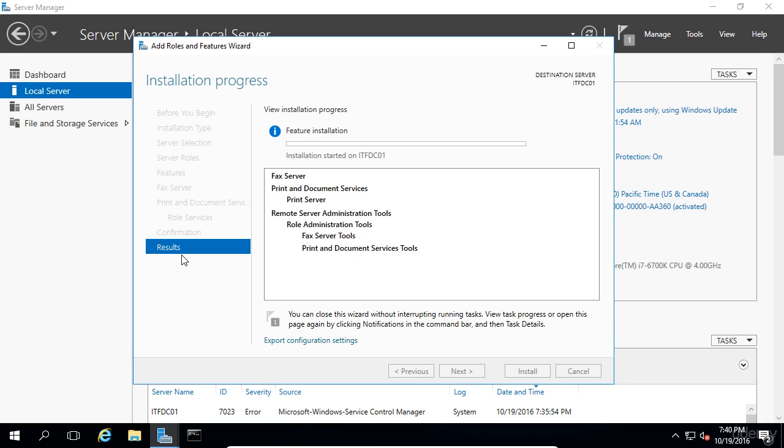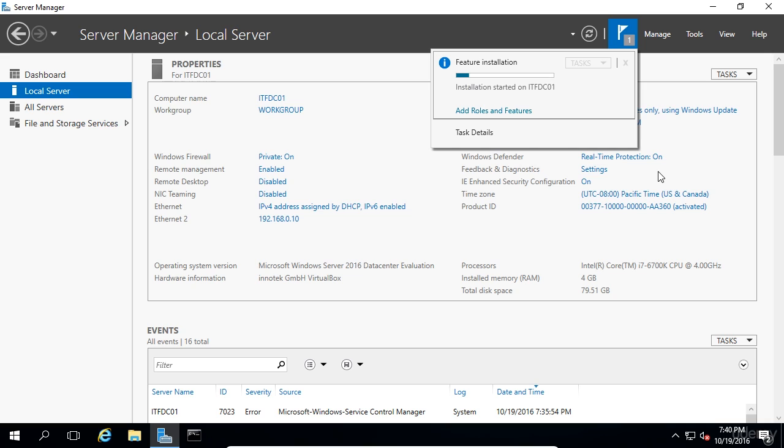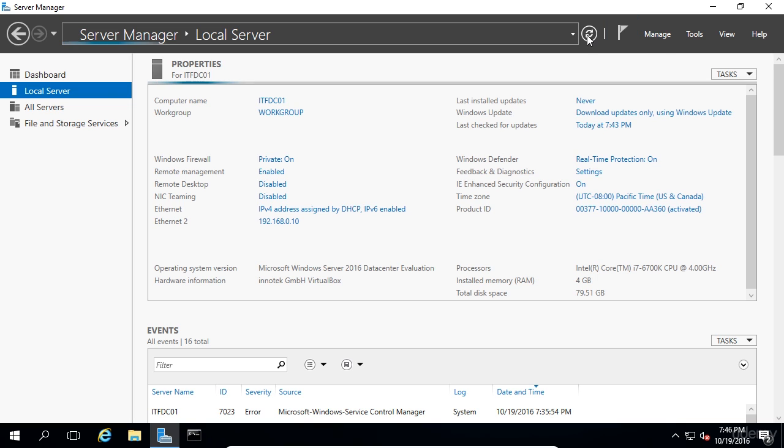Now note that you may close this wizard at any time now. The installation will still continue. Once the window is closed, you may view the progress by clicking on the flag icon on the top right hand corner of the Server Manager. Once the installation is complete, refresh Server Manager by either pressing F5 or by pressing the refresh button next to